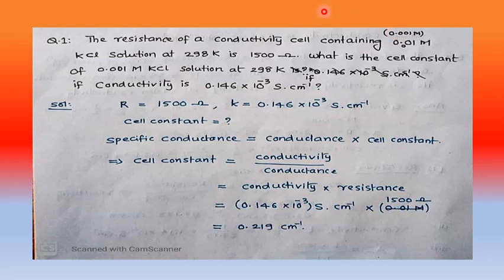You know resistance. What is the unit of the resistance? Ohm, or we use the ohm symbol. So what is present here? 0.001 m is present. So m represents molarity. Then how can you write resistance equal to R value 0.001 m? If you write like this, that means you are following blindly.